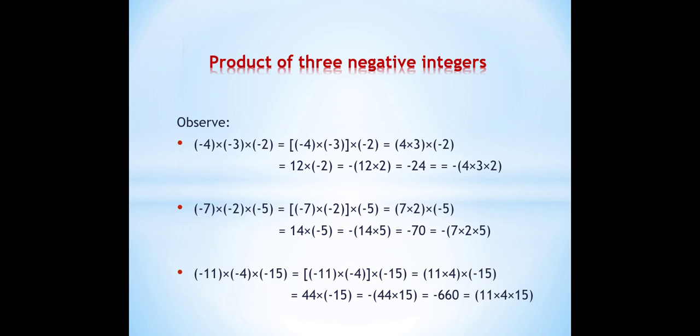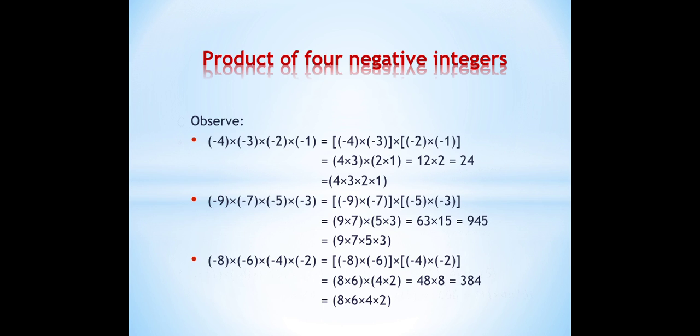So starting from the first, what we have observed is that minus 4 into minus 3 into minus 2 is equal to minus 4 into 3 into 2, minus 7 into minus 2 into minus 5 is equal to minus 7 into 2 into 5, then minus 11 into minus 4 into minus 15 is equal to minus 11 into 4 into 15. So student,